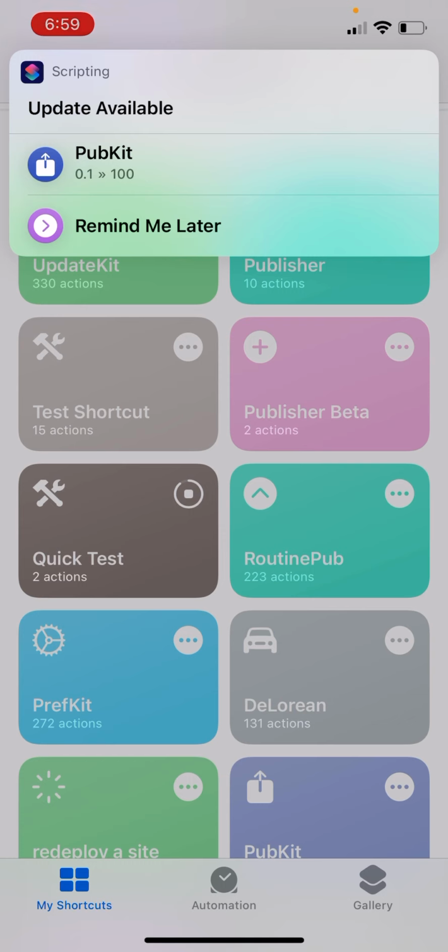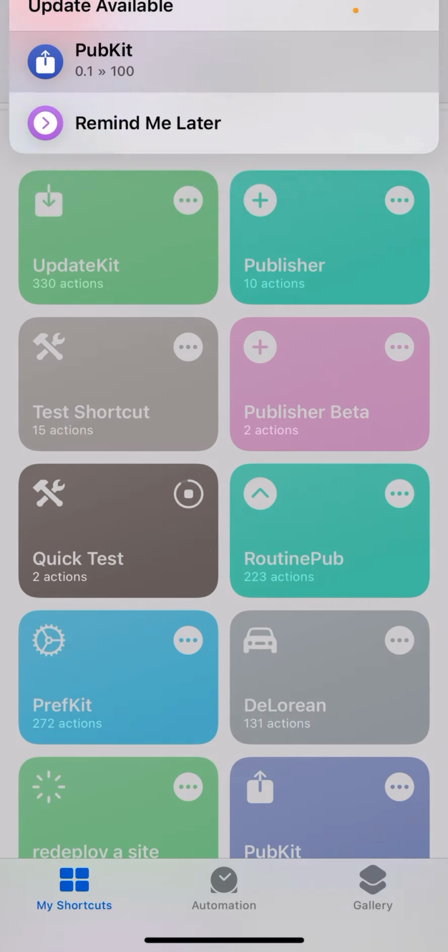But the action that gets the first item on a list kept returning multiple items from the list instead of just the first one. So, unfortunately, this is now necessary. It used to just, if there was only one item on the list, get the first item on the list and then return it. But instead, it's getting this plus the skip all button. It's getting the UpdateKit button plus skip all, and it's returning both of them instead of just the first item on the list. So that was crashing it. I had to take that check out and stop using that get first item from list action. So now I'm going to select this,